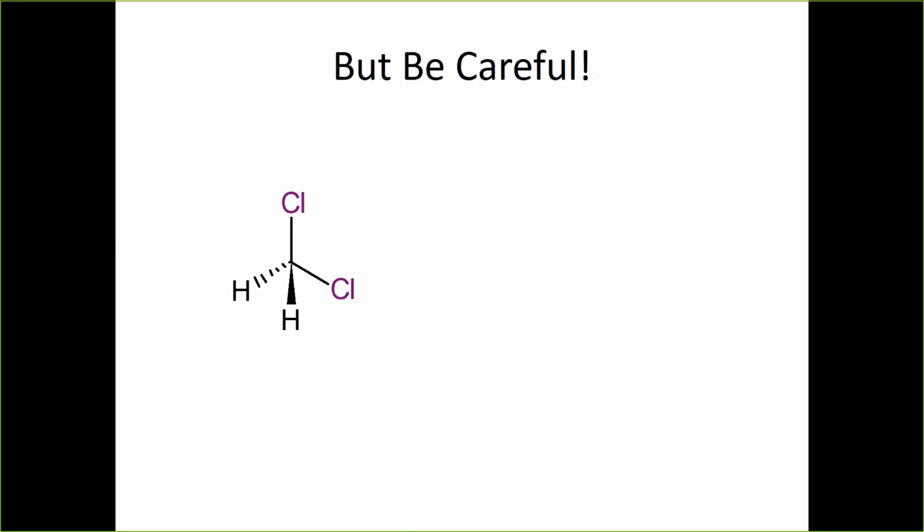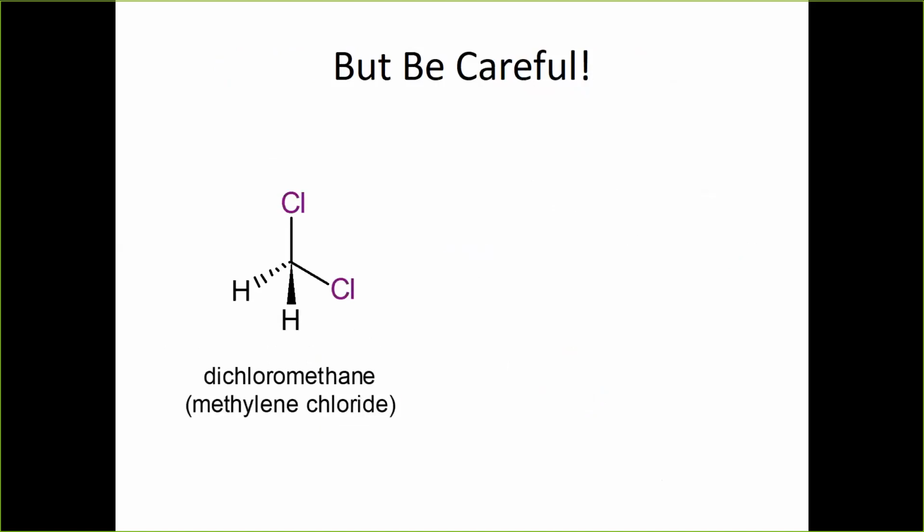All right, so of course, nothing can ever be totally easy in organic chemistry, just like everything else. And so here's some exceptions to these rules that I've been showing you so far. If you look at this structure on the left here, you see that you have 2 chlorines and 2 hydrogens on a single carbon, which would be dichloromethane, and that's correct. That would be the IUPAC name for this, but it also has a common name, and the common name that it has is methylene chloride.